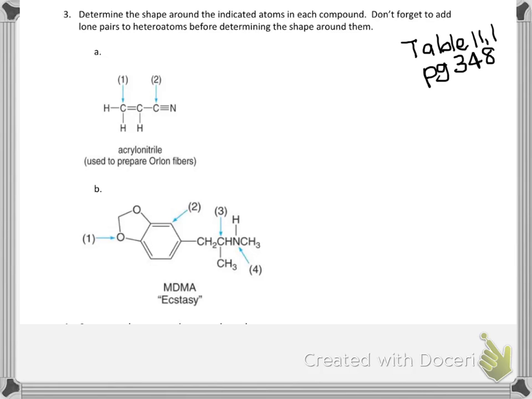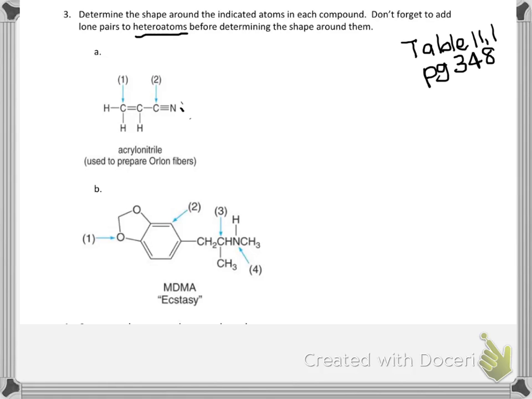Now what we're going to do, so like on number 1, it says, determine the shape around the indicated atoms in each compound. Don't forget to add lone pairs to heteroatoms. And a heteroatom is anything that's not a carbon or a hydrogen, before determining the shape around them. Okay, so I can add a nitrogen here needs a lone pair. Now the truth is that will not change my shape, because the only lone pairs that would change shape would be ones that are on the atom I'm determining